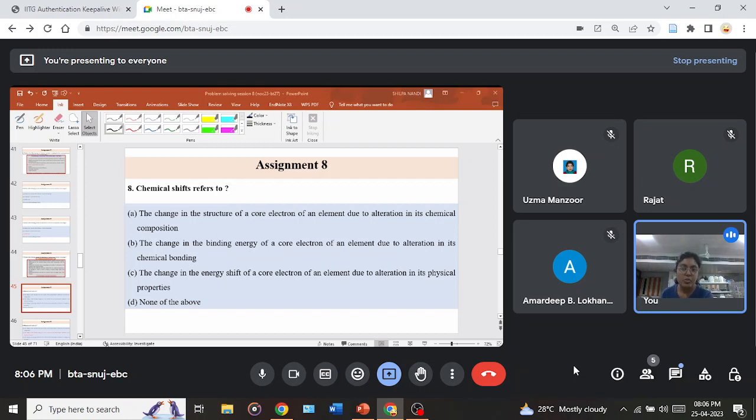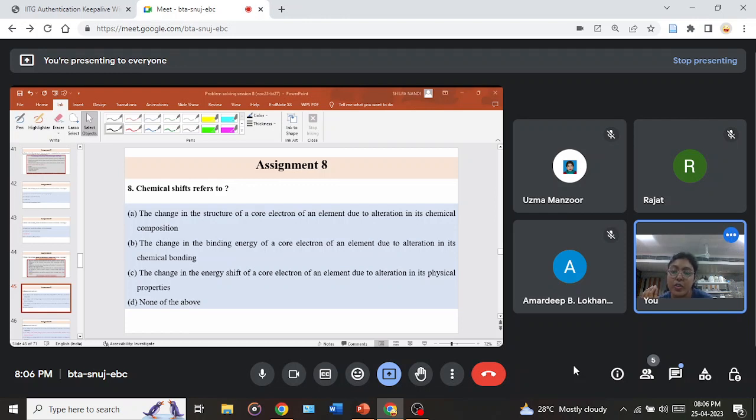So I may tell you that option A is actually not the correct answer. Like I've already said, one of your options has already been ruled out, option A. So you're left with B and C. Now, in case of option C, it is written that chemical shift refers to the change